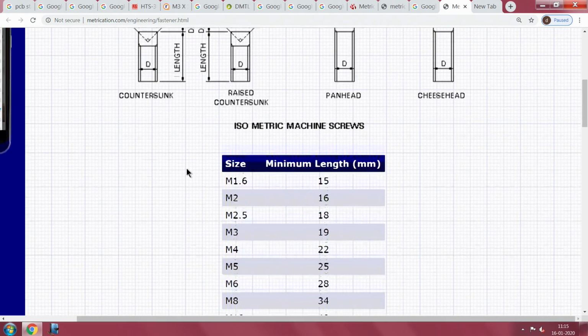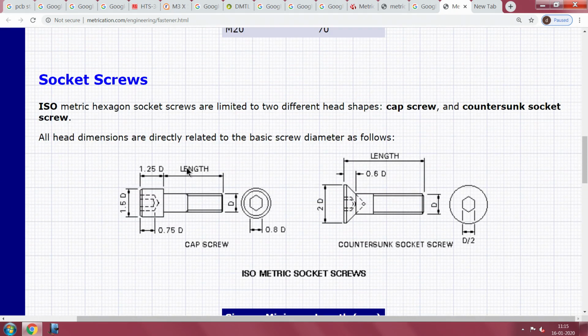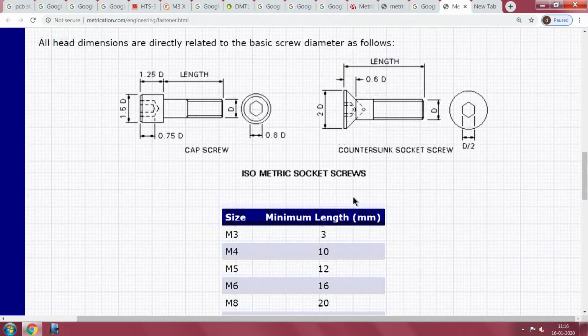So, in those cases, we have ended up with other screws which are countersunk, but have some other way of arranging.